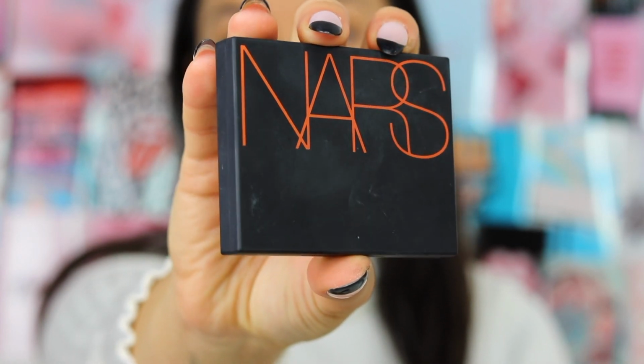Bronzer time. So this is a fairly new obsession of mine. If you guys watch my old videos, I love the Omega bronzer from Marc Jacobs, but I have slowly made the transition to the NARS Laguna bronzer in the matte version, not in the shimmery version, and I love it. But you guys need to be careful how much you put on the brush because the first time I used it, nobody warned me, and this needs to come on the package. YouTube influencers, Instagram influencers, you guys need to talk about this more. I dipped it in as much as I would have in any of my other bronzers, and I went to swipe it on my cheek and I had the most bronzer I have ever put on in my life, and I sat there and I was like,